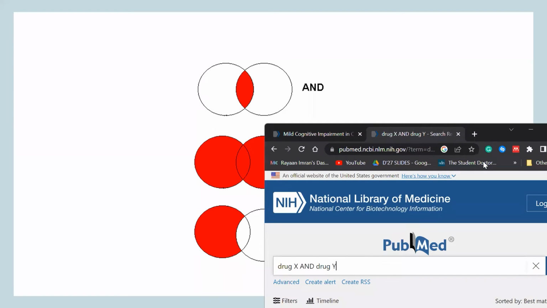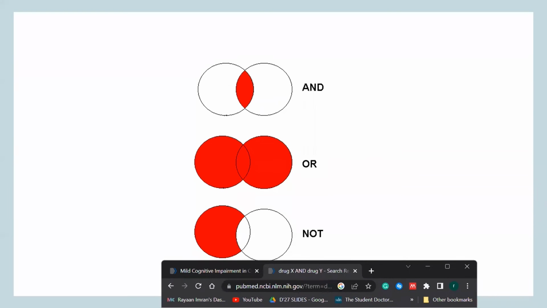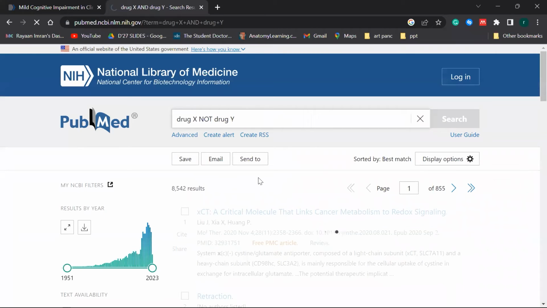And then let's say you're clicking on NOT. Let's say ठीक है, NOT का ये scene है कि you are trying to search about, let's say again drug X की बात की जा रही है, and in this particular drug X, for some reason there are a lot of articles that are talking about drug Y as well. So obviously like I said, drug X का drug Y का हमने लगा दी बात, and वो middle जो ये नजर आ रहा है, the intersection वो भी आ रहा है, and you don't want that. You don't want articles that are talking about both. You purely want drug X. So you come up to PubMed, click on drug X, and drug Y था ना, उसको AND हटा दो, NOT लगा दो. So you will only get articles on drug X and not drug Y.